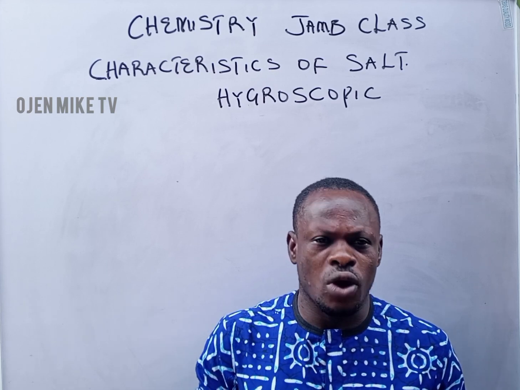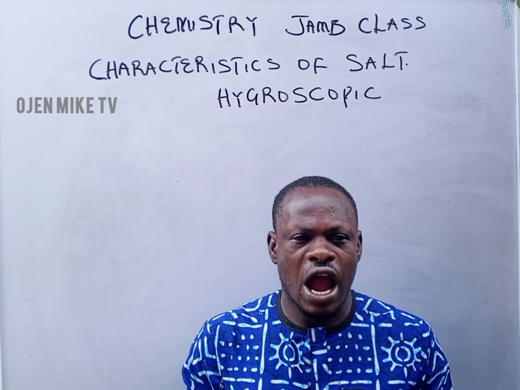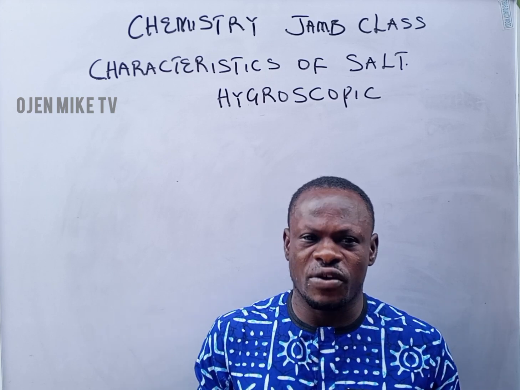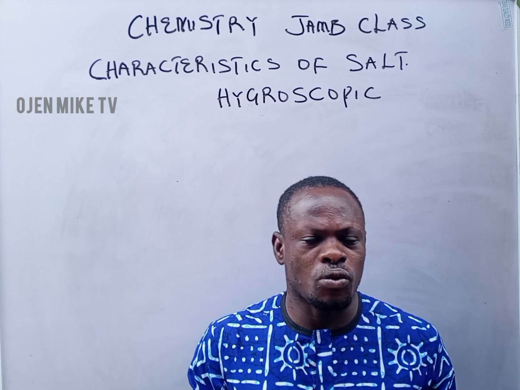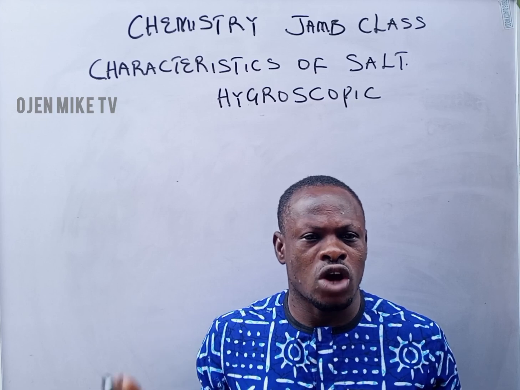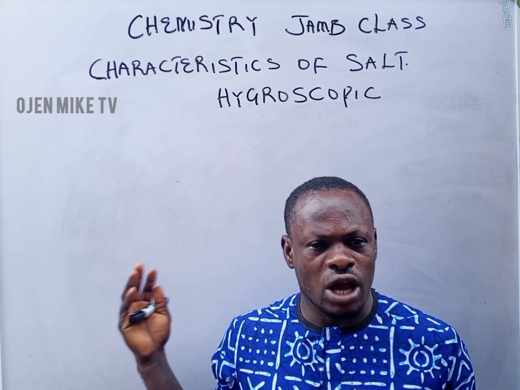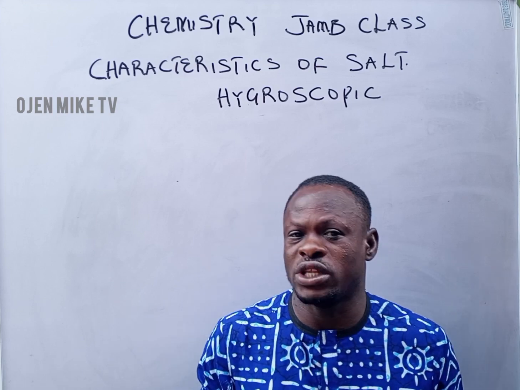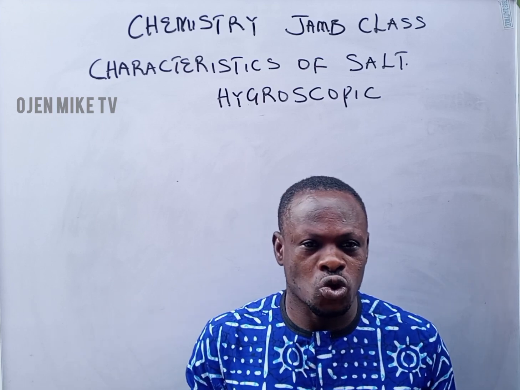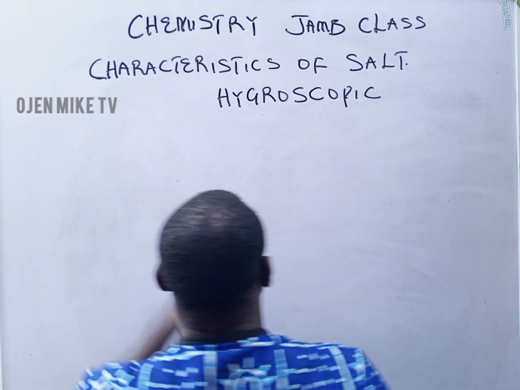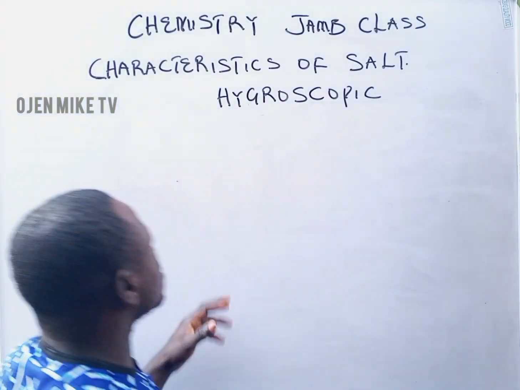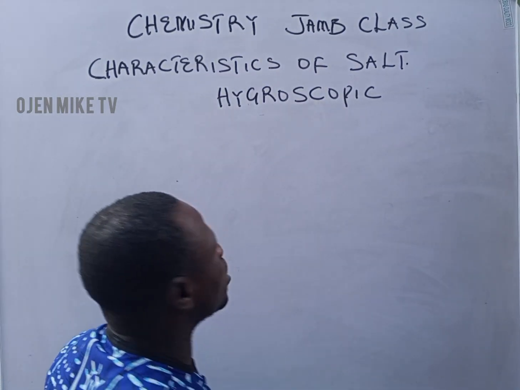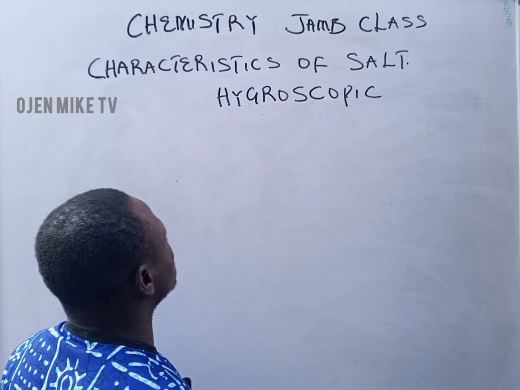Now, in this video, I will give you simple steps to identify a hygroscopic substance. When JAMB gives you some molecular compounds, you need to identify whether it is deliquescent, efflorescent, or hygroscopic. So watch out. The acronym that I will use to identify a hygroscopic substance is